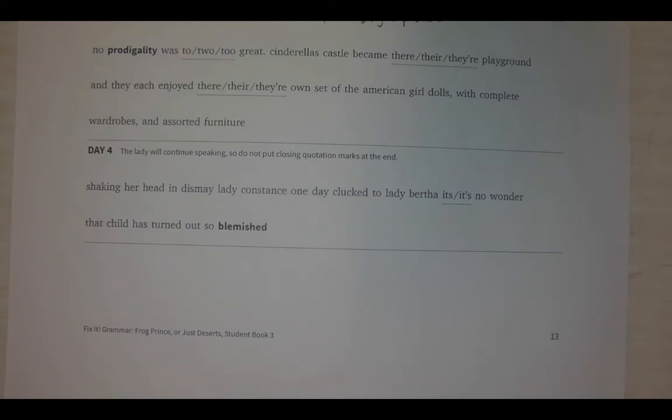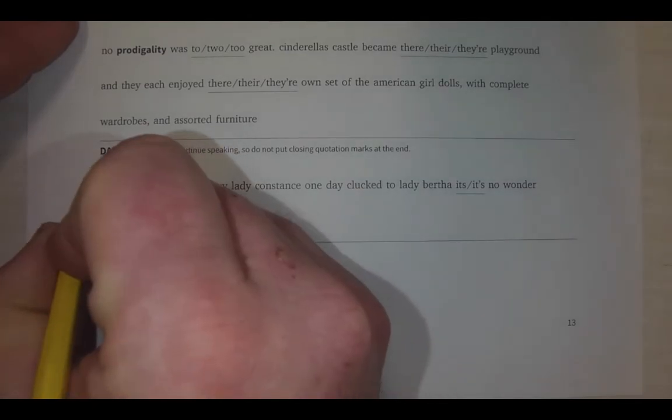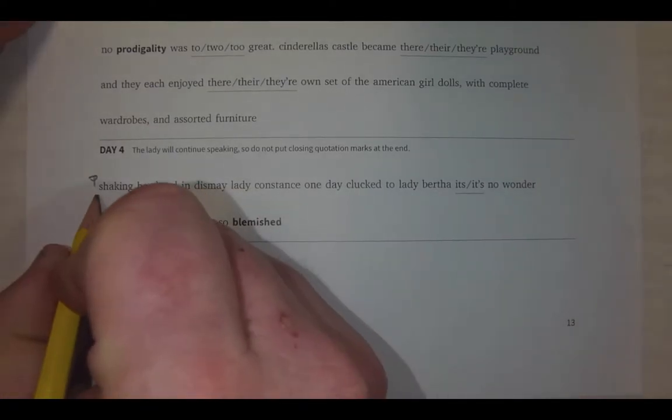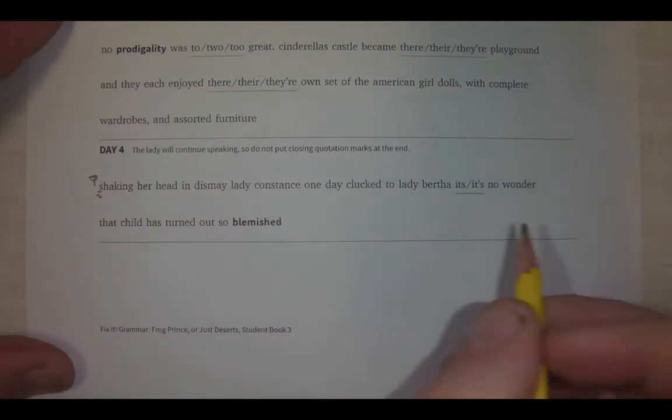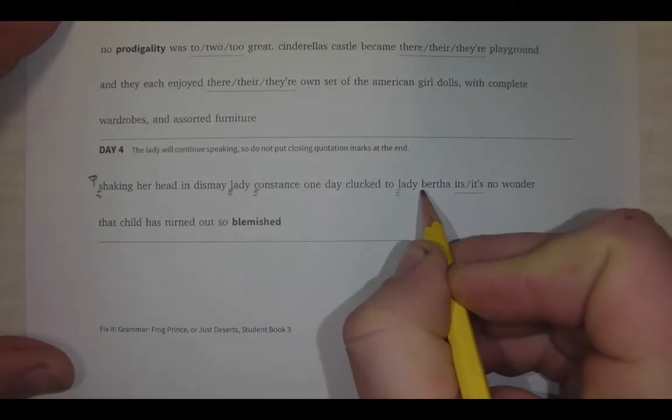The first thing we always want to check is, hey, do we need to start a new paragraph here? And yeah, we've got a new speaker, right? Shaking her head in dismay, Lady Constance once they clucked. So we've got a new speaker, so we want to start a new paragraph here. And then we ask ourselves about capital letters, obviously the first word of a sentence. We've got the name Lady Constance, we've got Lady Bertha,